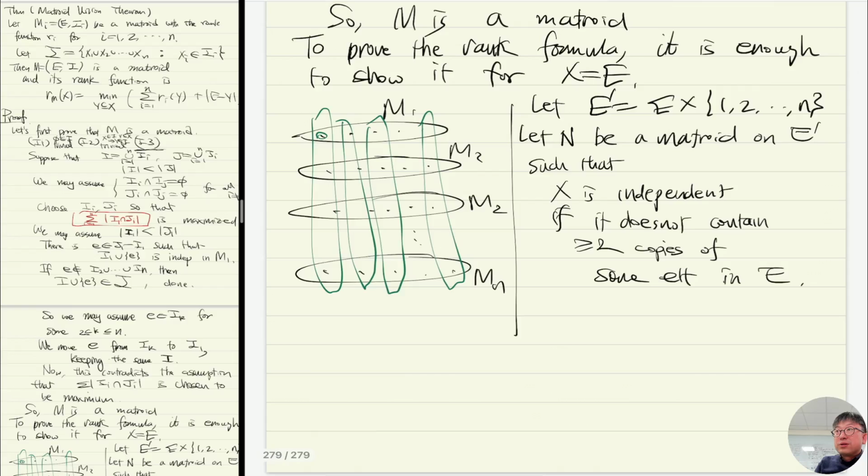What is the second matroid? Let M prime be a matroid on E prime such that